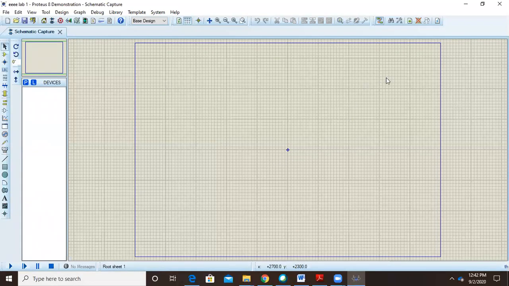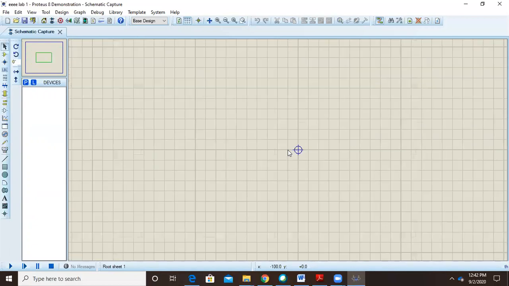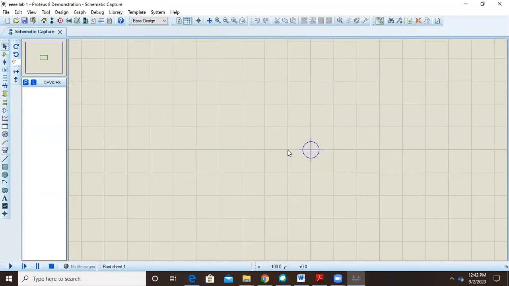So let us start. You can see this blue color rectangular space here. So basically whatever circuit you make, it should be within this space. Okay, and it is aligned by the center dot. And then you can minimize or maximize by scrolling in or out on your laptop or on your desktop. Okay, so let us start working. So this is my workspace.